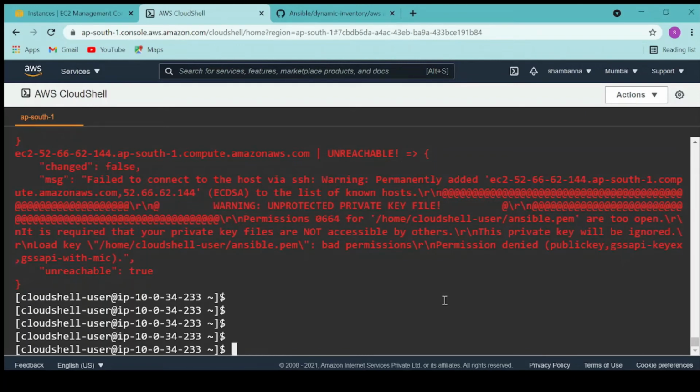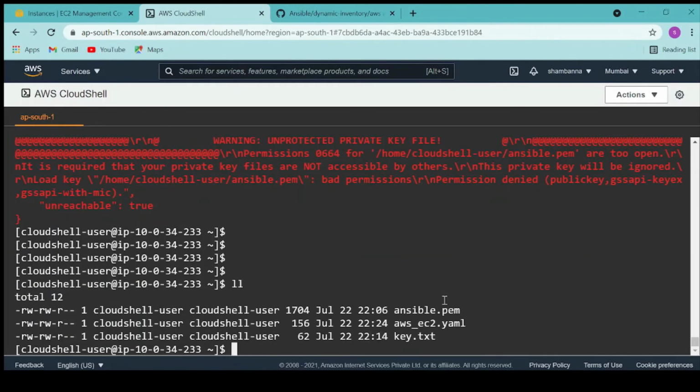Let's see what permission we have currently.